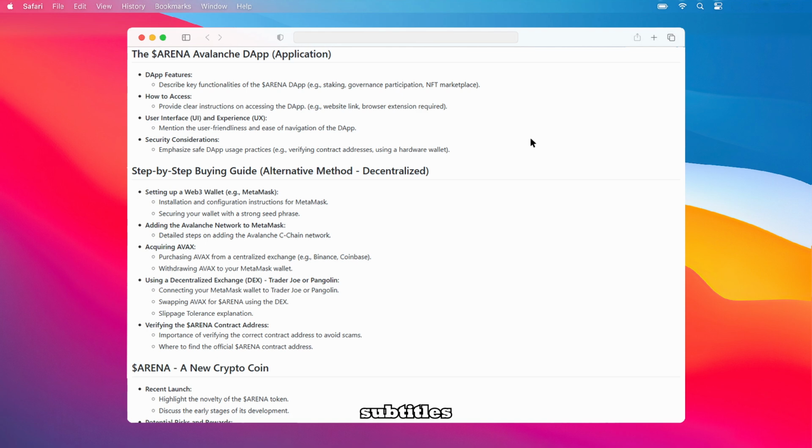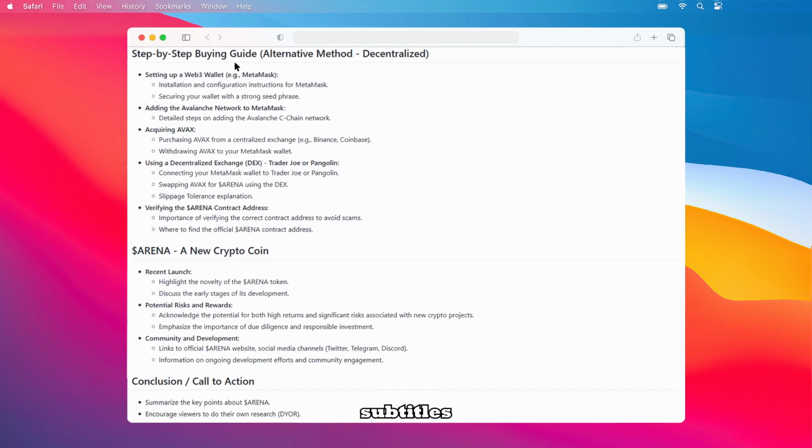the Avalanche blockchain. Next, we'll discuss how to acquire AVAX by purchasing it from a centralized exchange like Binance or Coinbase, followed by instructions for withdrawing AVAX to your MetaMask wallet. Then, we'll guide you through using a decentralized exchange, or DEX, such as Trader Joe or Pangolin, showing you how to connect your MetaMask wallet and swap AVAX for Dollar Arena, and we will provide an explanation of slippage tolerance. To protect against scams, it's crucial to verify the Dollar Arena contract address, so we'll show you where to find